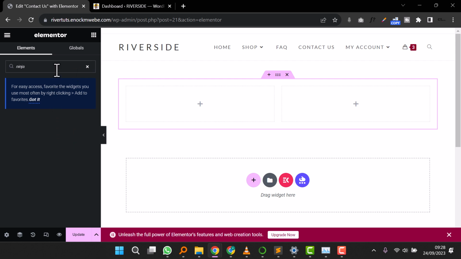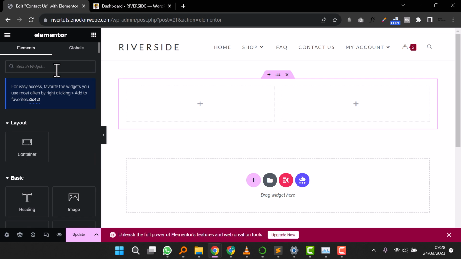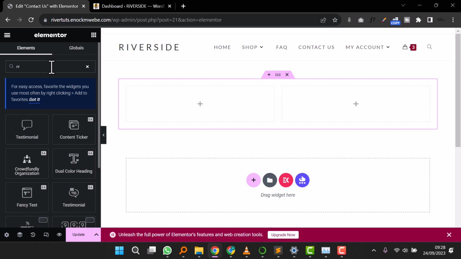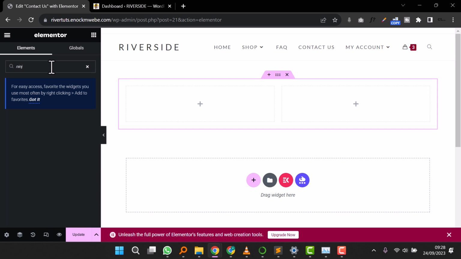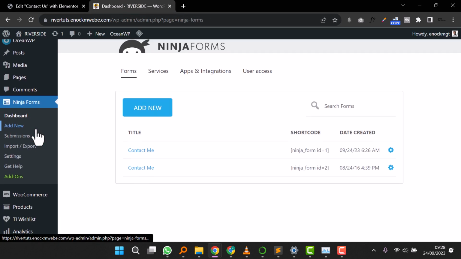Okay, the Ninja Forms widget is not popping up, but it should. I think in the setup of our plugins, the Elements kit and the essential add-ons, we didn't turn them on. Let me show you guys what I mean. For example,